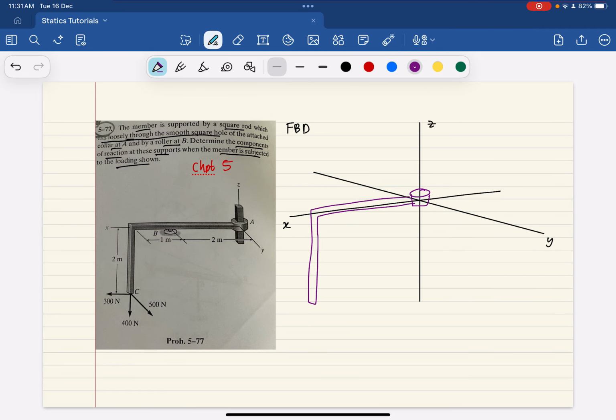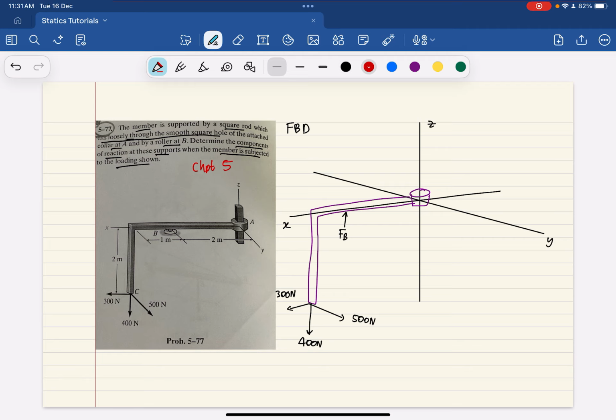So what do we know about this object? We know it has three loadings, one parallel to each axis. So this 300 Newton meter is pointing towards the x-axis. And this 500 Newton meter is pointing to the positive y-axis. And this 400 Newton meter is going downwards. And one thing we know is that there's a support reaction at B due to a roller, which is going to be FB. And at A, since it's a smooth square rod, there are going to be